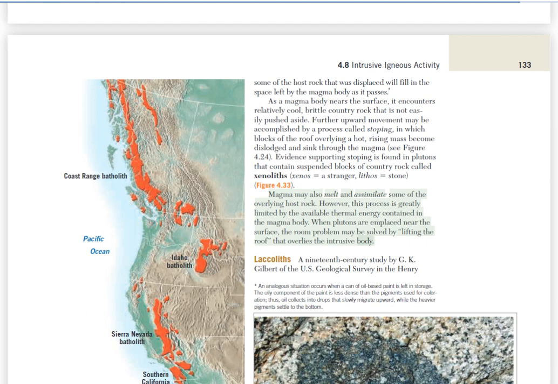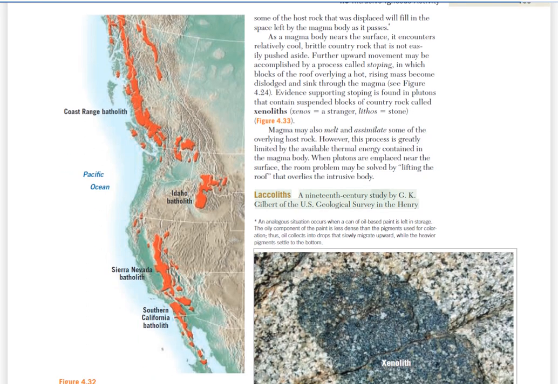intrusive body. Laccoliths. A 19th century study by G. K. Gilbert of the U.S. Geological Survey in the Henry